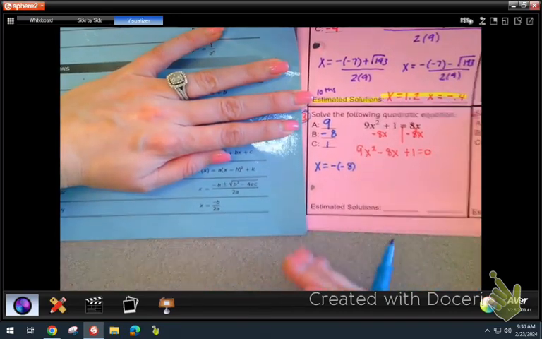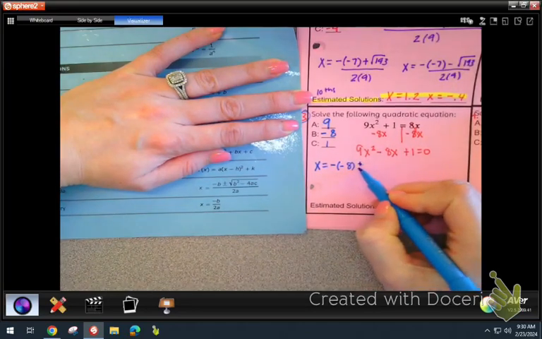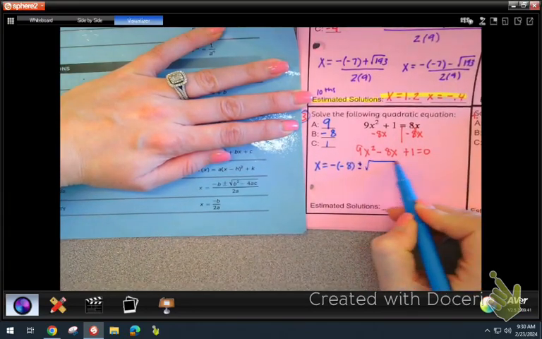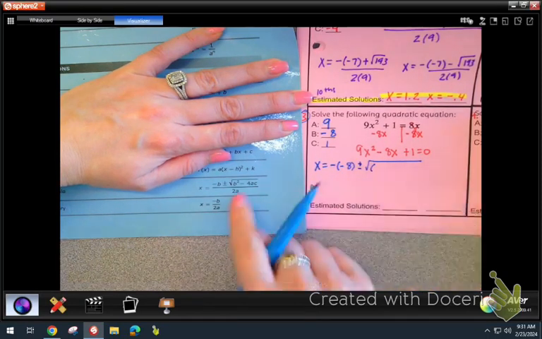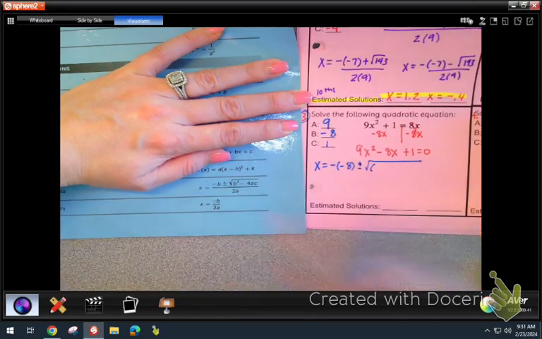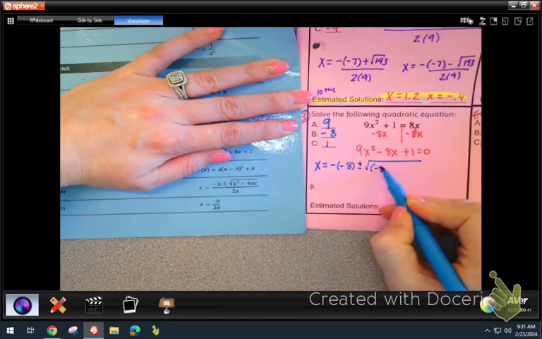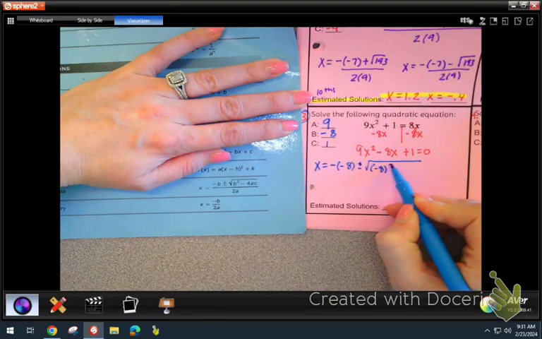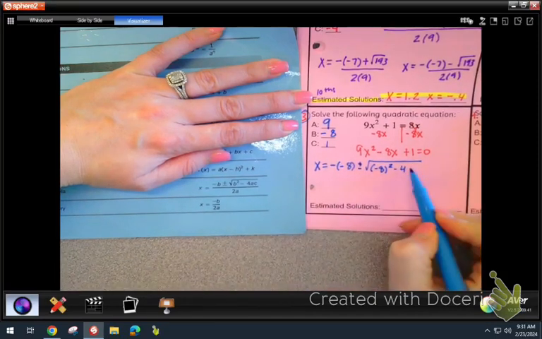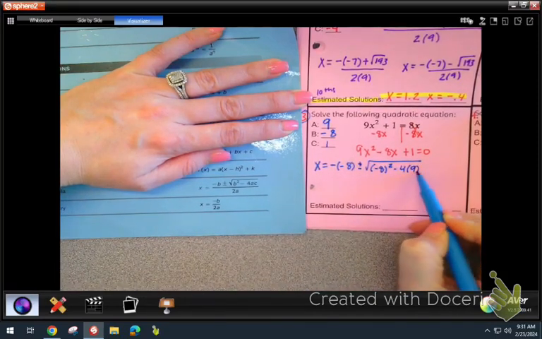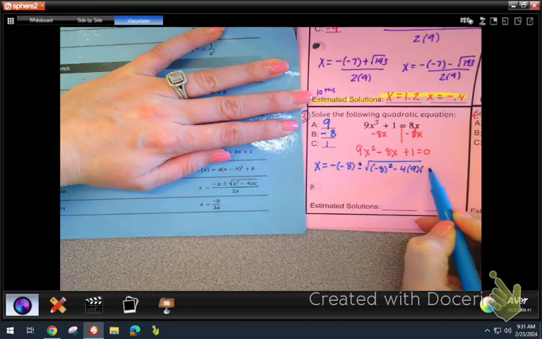We really got to practice with that. Plus or minus the square root of, open parentheses. What goes in the parentheses now? B, which again is negative 8. But what goes outside the parentheses? Squared. Yeah, that's right. Minus 4, open parentheses, A, open parentheses, C,